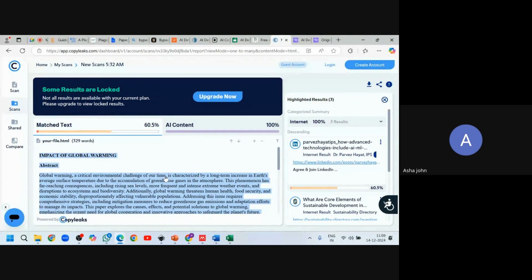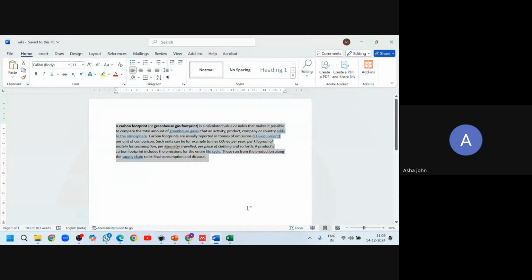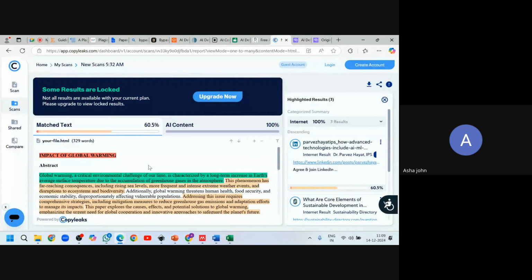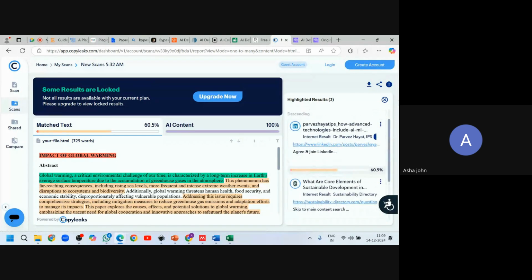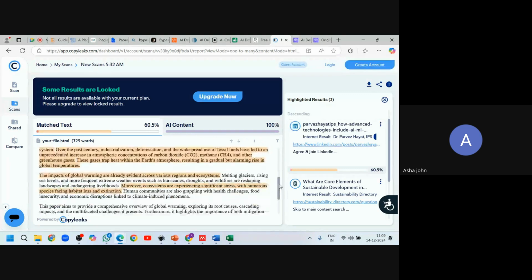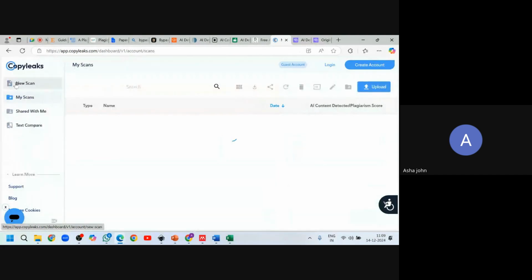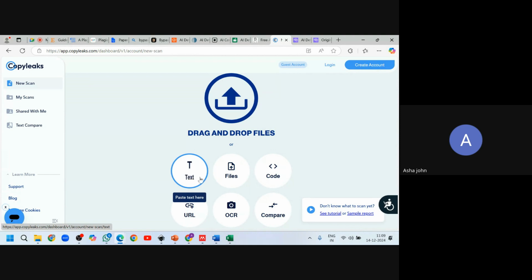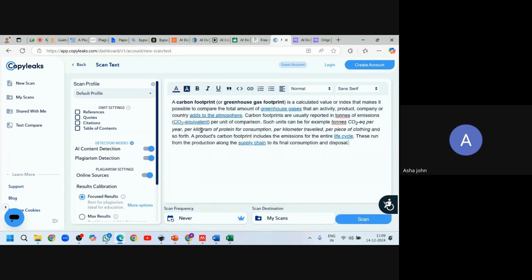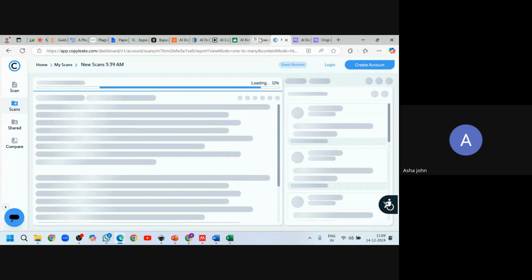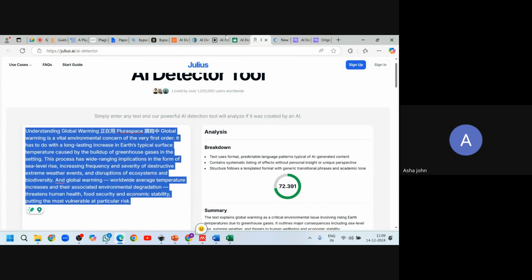Copyleaks. This was what I needed to submit.